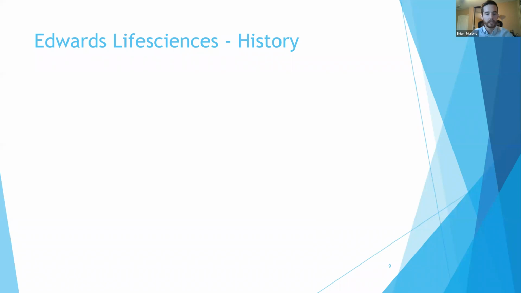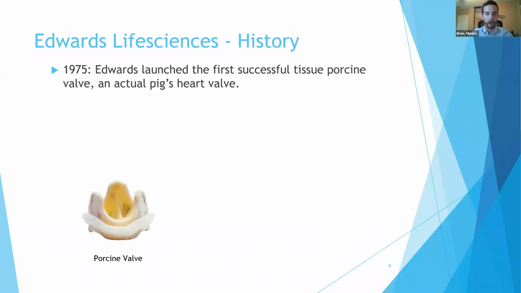So now let's get into a little bit more of the modern history. Edwards first launched a porcine valve, which was the valve taken from a pig, cut out, and put into this frame, and was surgically implanted. The significance of this was that you don't have these mechanical interactions, so you're not having to take blood thinners, which was an incredible improvement. However, it was